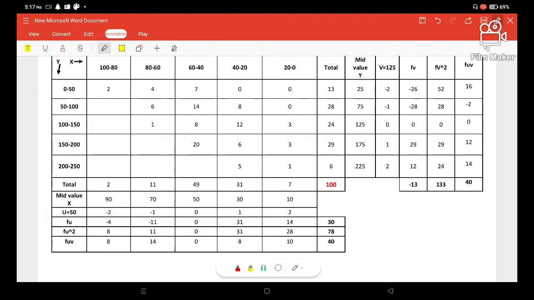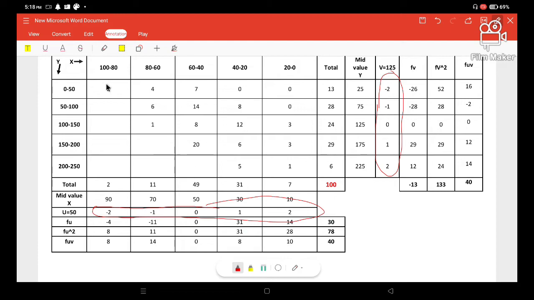We are going to multiply this u, that is this part, this one, with u, that is this part,